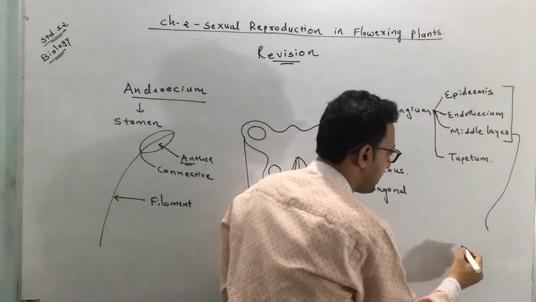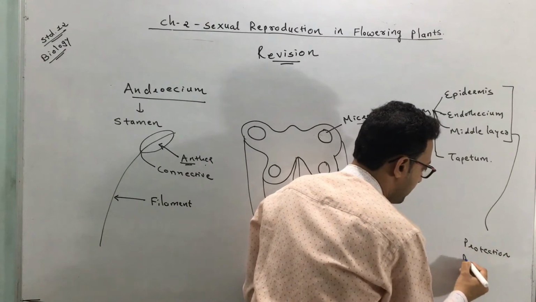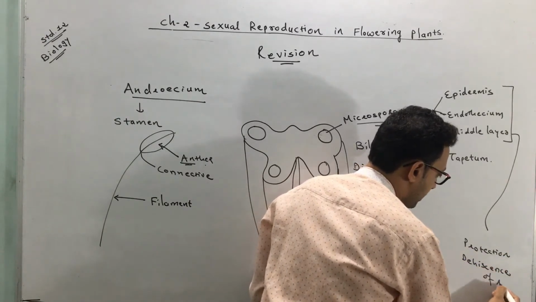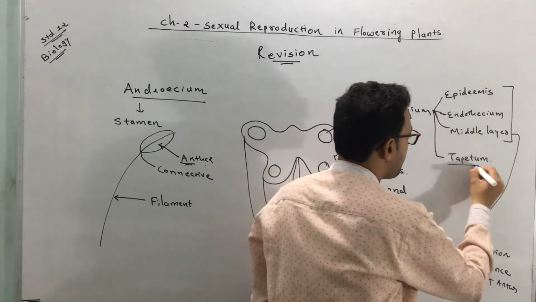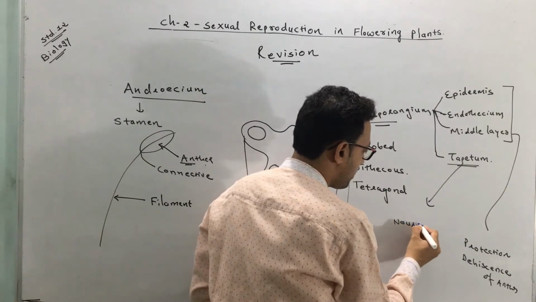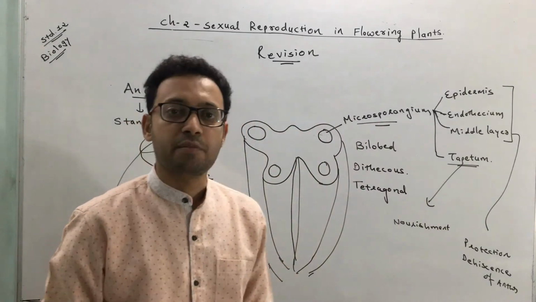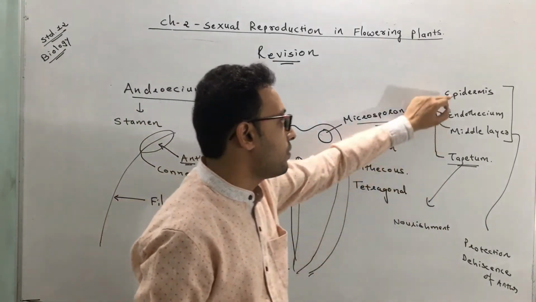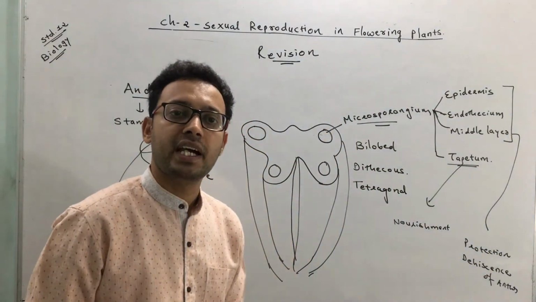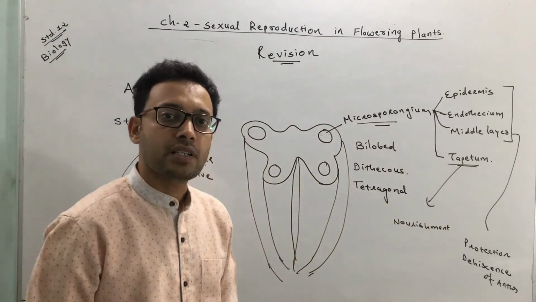it, they help in protection and dehiscence of anther. Okay? The innermost layer is the tapetum and its function is to provide nourishment to the developing cells or internal cells which are present inside. So the epidermis, endothecium and the middle layer provide protection and help in the dehiscence of anther, whereas the tapetum, the innermost layer, provides nourishment to our